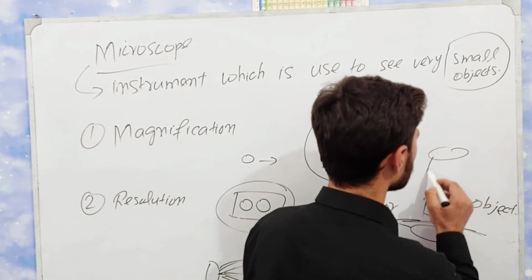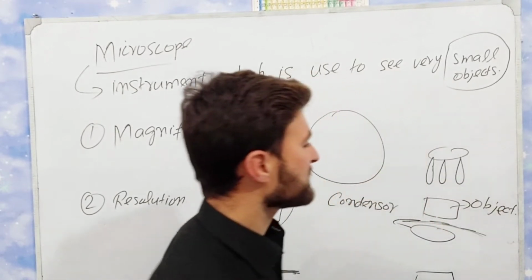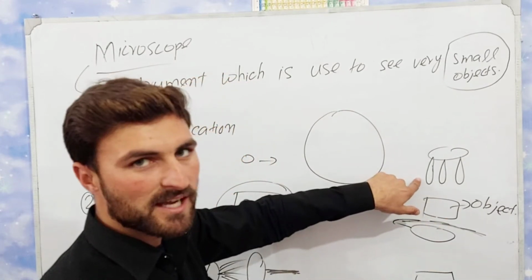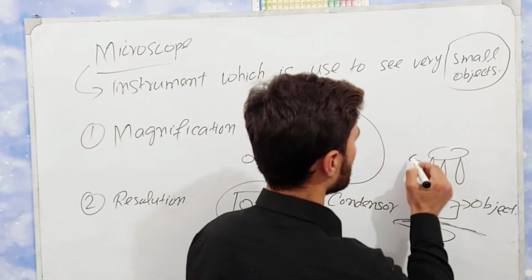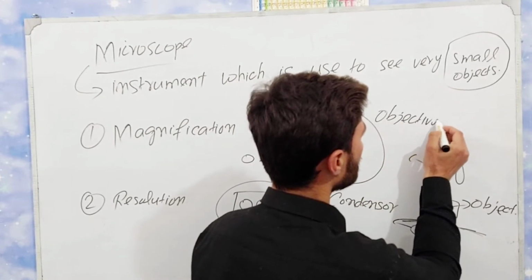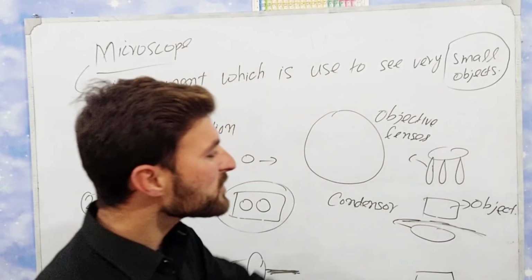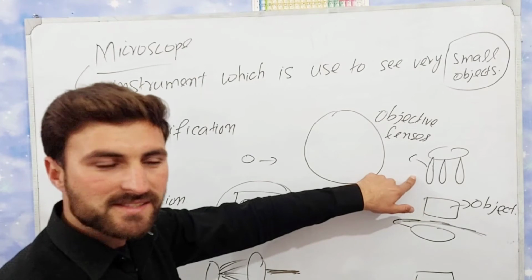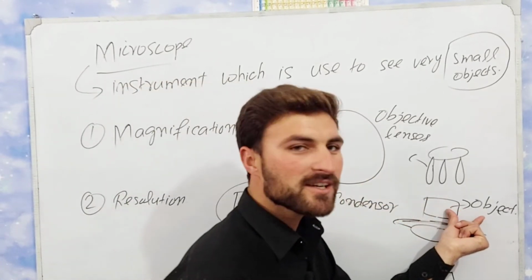here we have lenses, and these lenses are known as objective lenses. Now what is the role of this objective lens? Basically this objective lens focuses on the object,